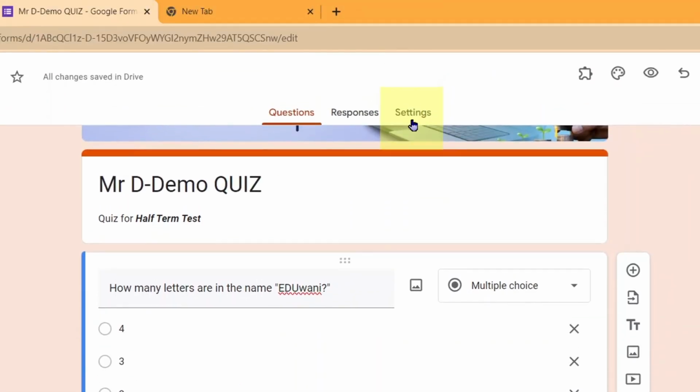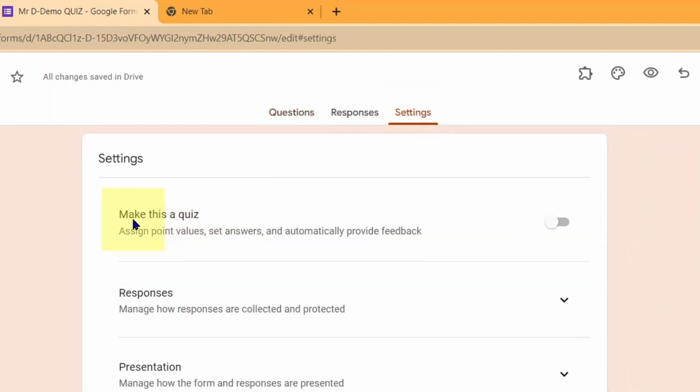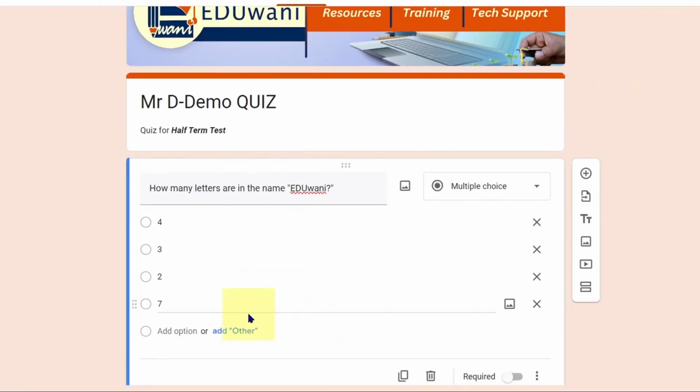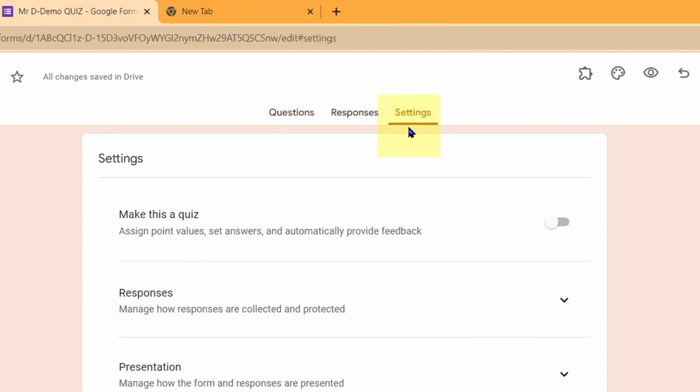Go to settings. Here we have question, responses, settings. So we go to settings. Under settings, we change it to make this a quiz. This is turned off. Okay, let me do that again. This is where we are. We've started already and we don't have any option to select the correct answer for Google to auto grade and mark and score this for the student or for whoever will answer this. We don't have that option. That is because Google is still recognizing this as a form where the student will just select and walk away and not auto grading. So to do the auto grading, come up to settings here and you see the first